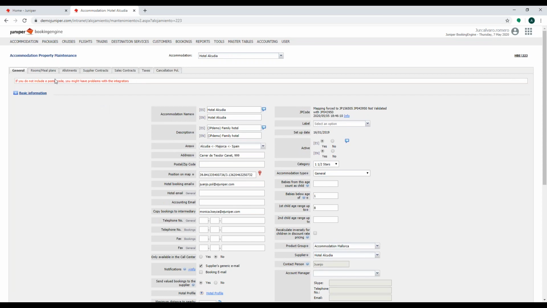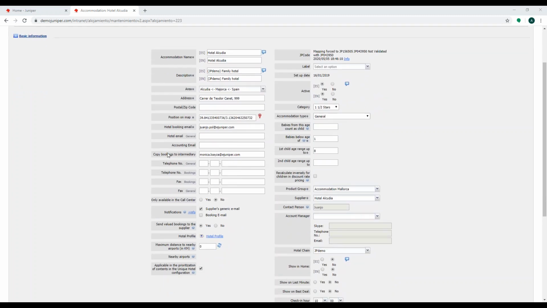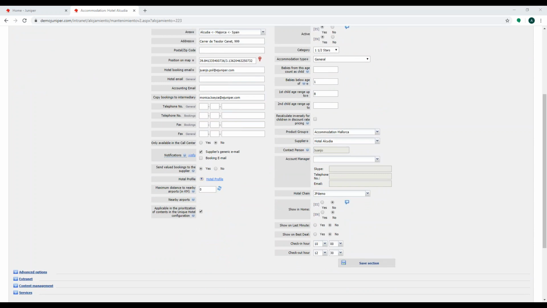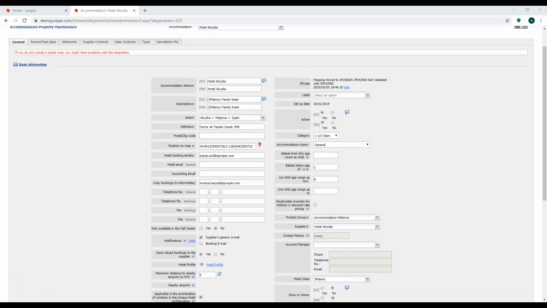So here we are in the general section, which, as I explained before, is all the basic information such as the accommodation name, the description, the area, the address, the position on the map, and all the basic information we must have about this accommodation in our system. And something very important is whether this accommodation is active or not. So we need to check if we have this accommodation active or not, because